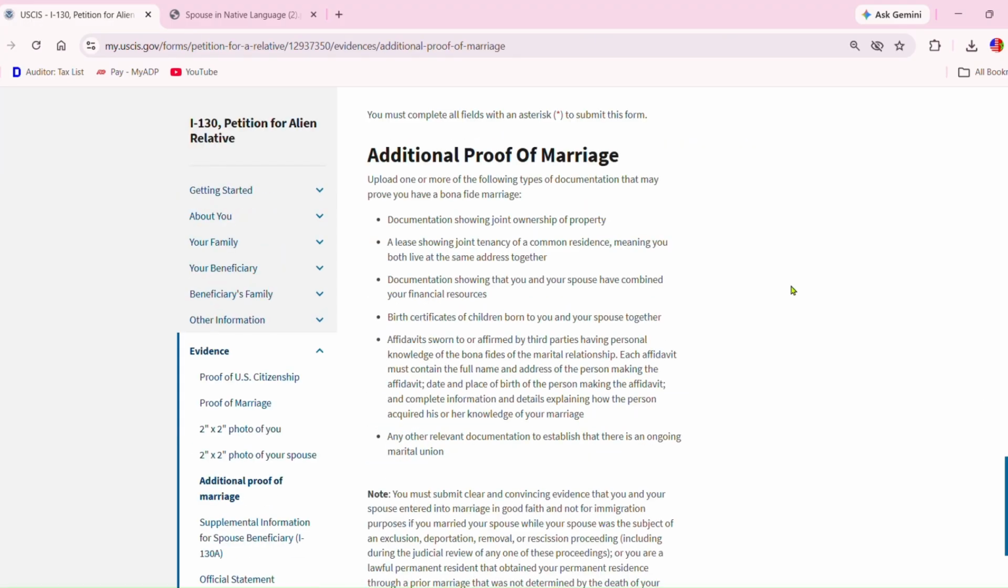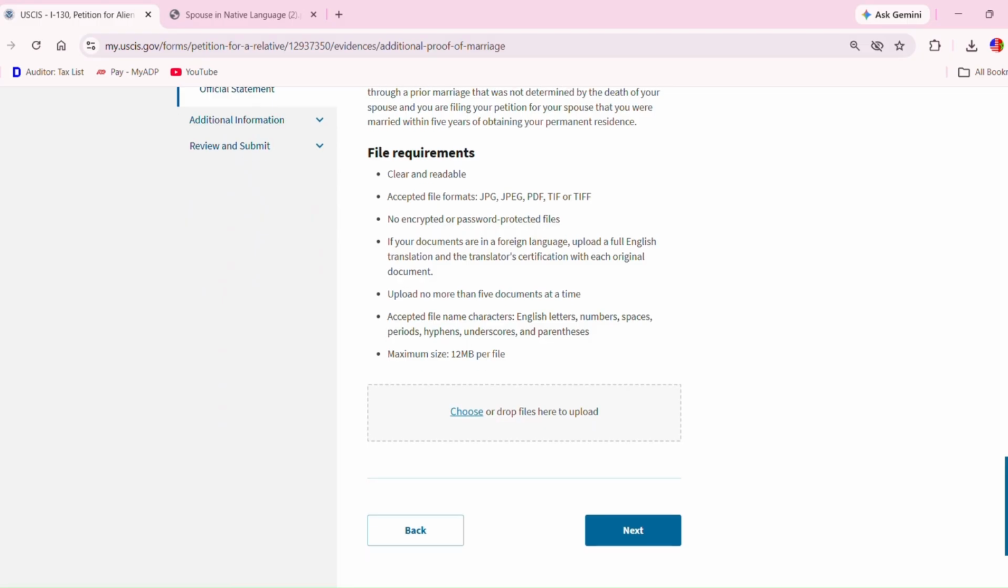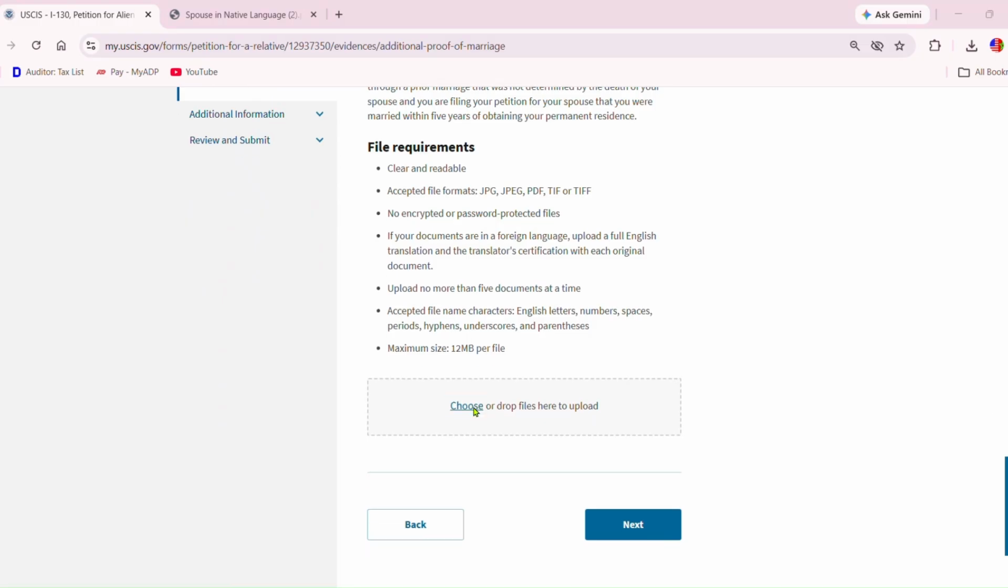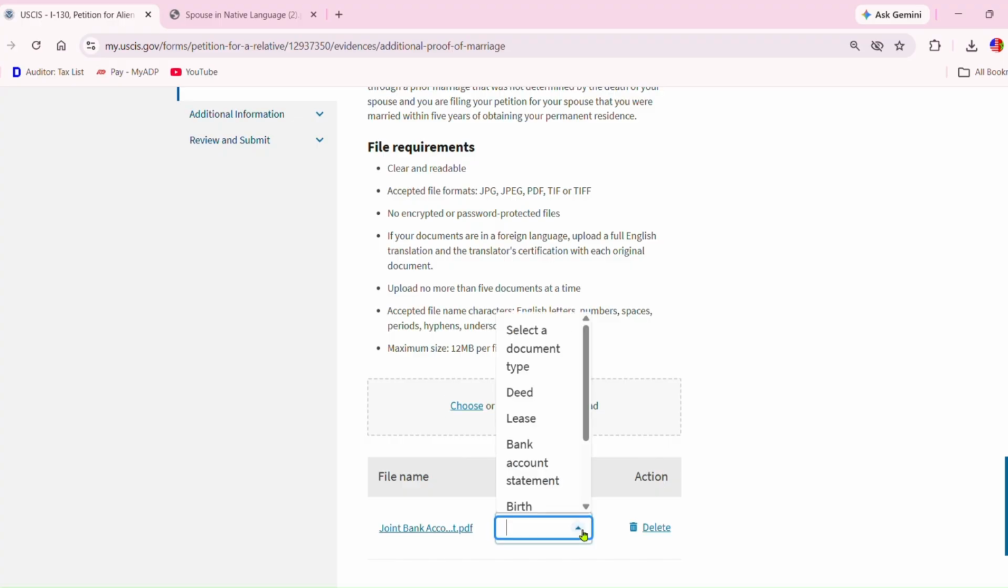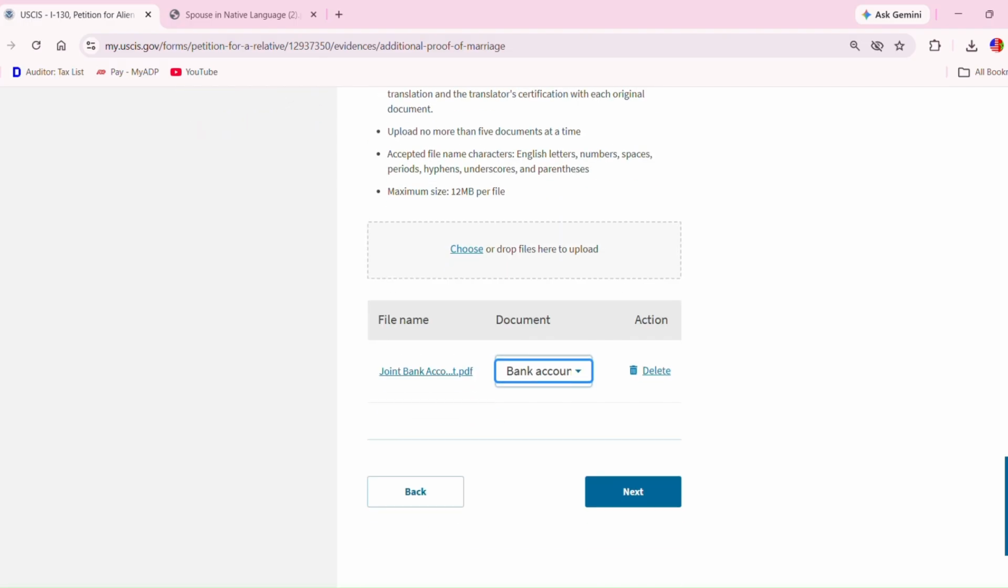Additional proof of marriage. You can upload one or more of the following types of documentation that may prove you have a bona fide marriage. In my case, I'm going to add documentation showing joint ownership of property. I'm sorry, I'm going to add a joint bank account. It's going to be right here. It's going to be bank account statement. Next,